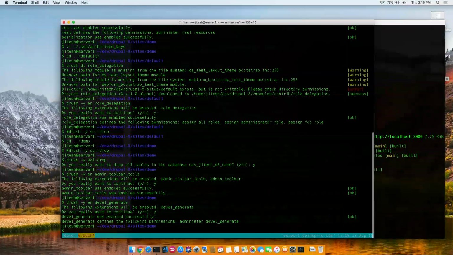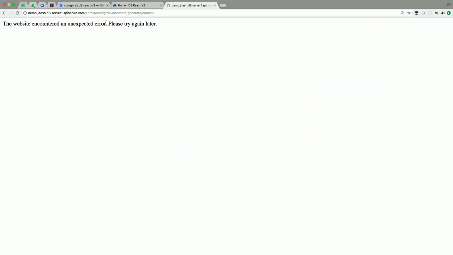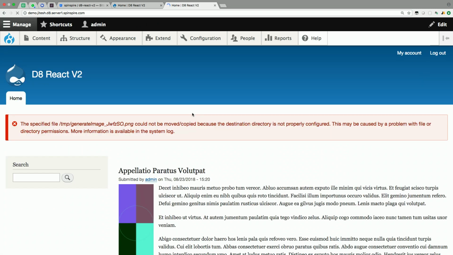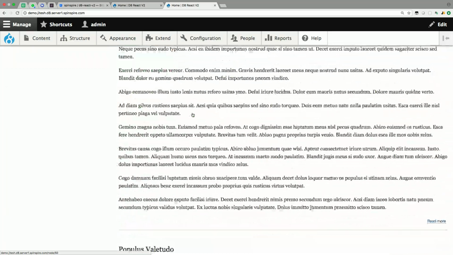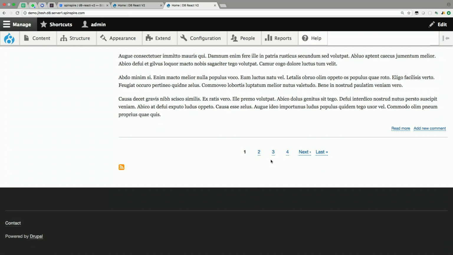Let me see if I can generate the content. Alright, so here's my drush command. Maybe this will work. It says it worked. Let's see if it did. When Drupal's own UI doesn't work, try drush. And yeah, it worked in this case. So there it is. Now I have a bunch of meaningless content. Obviously I need that because I'm going to show you my